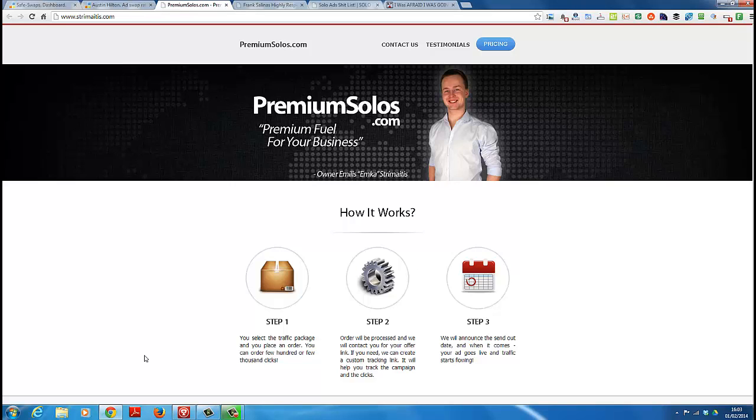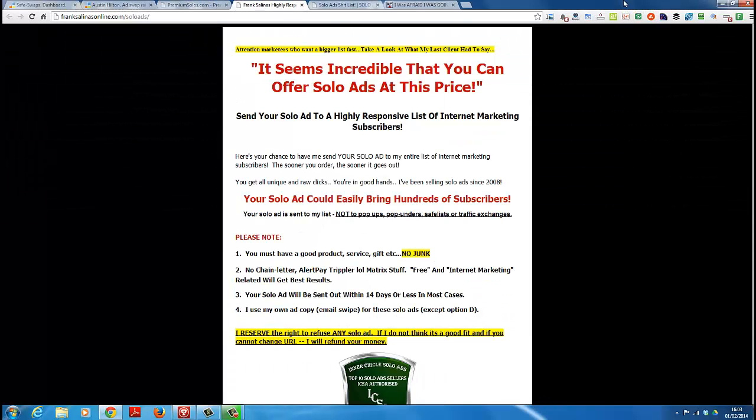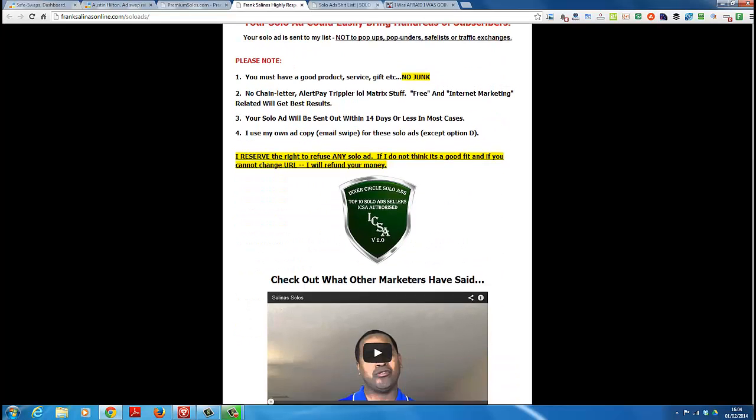But just because it's a dead list, it doesn't mean you can't make any money from it. Even though you can't email and make money directly, you can use that list, which a lot of people do. Unfortunately, they use it in an unethical manner, because basically they take their dead list and then they use it on places like SafeSwap for newbies to come who don't know anything about solo ads, and then they usually go by the cheapest price, and then they end up buying the dead list, and then the process continues. Okay, so I'll always focus on the quality rather than the quantity. So if your funds are tight, you're better off buying what you can afford. So if you can only afford 25 clicks,